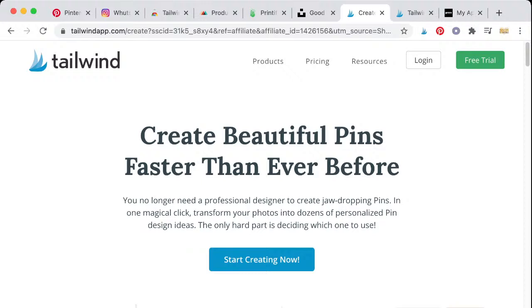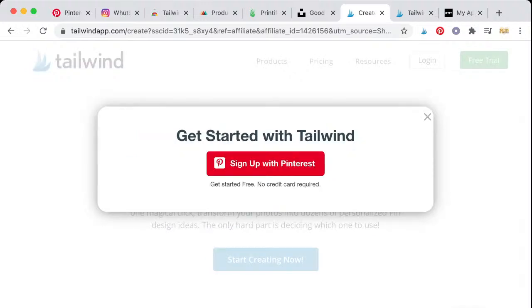So our first time on Tailwind, we're going to click free trial, and it immediately asks you to sign up with Pinterest. So Tailwind is mainly Pinterest centric. The Instagram thing is kind of a secondary thing they do, but they do it really well. So I use that as well through them. But the Pinterest is their main gig. So if you don't have your Pinterest business page set up, then you're not going to get very far. So we're going to sign up with Pinterest,